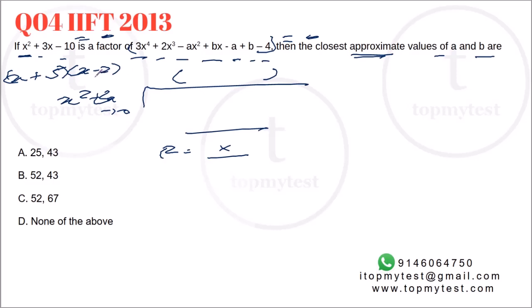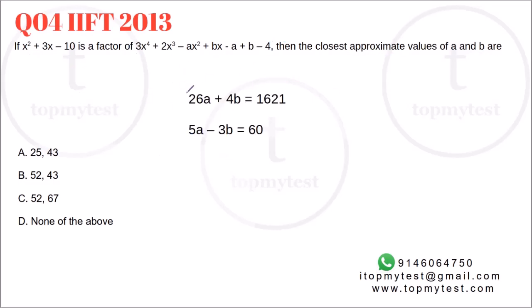What it also means is that if I substitute minus 5 in this, it will give me 0. If you substitute 2 in this, it will give me 0. So that will give me two values of a and b. And from that, I'll be able to find the values of a and b. Let's substitute this. I'm not writing down all the values. So when you substitute x is equal to minus 5, you'll get this relationship. When you get x is equal to 2, you'll get this relationship. Now, we have two equations, two unknowns. We need to resolve this.